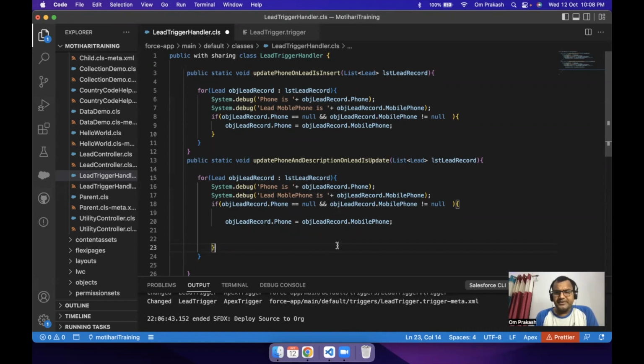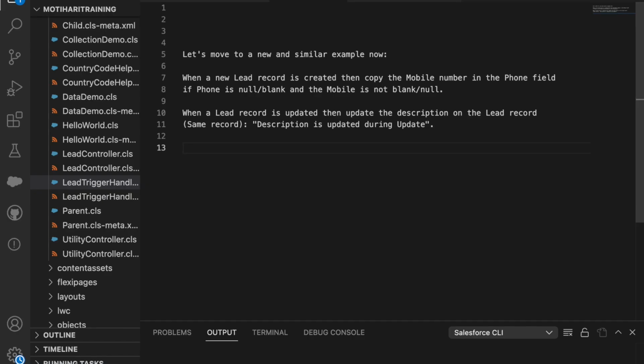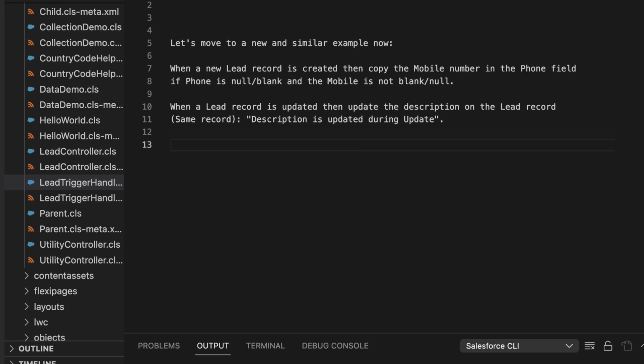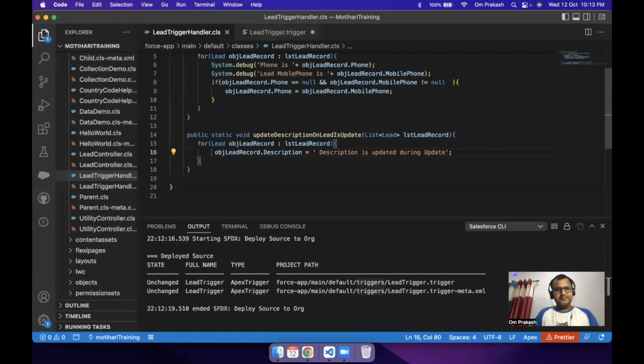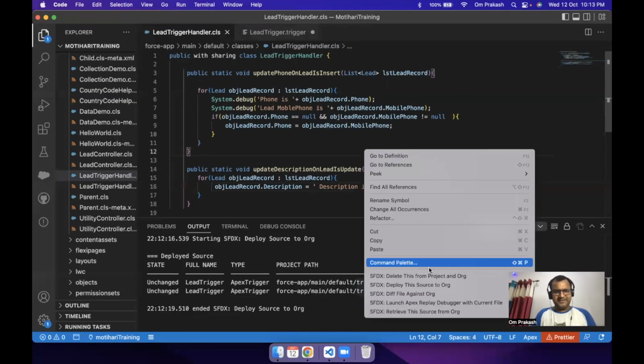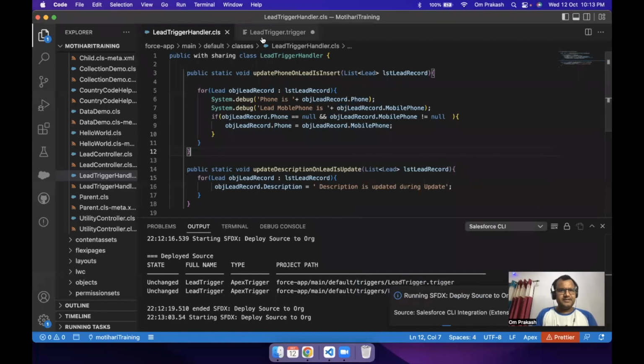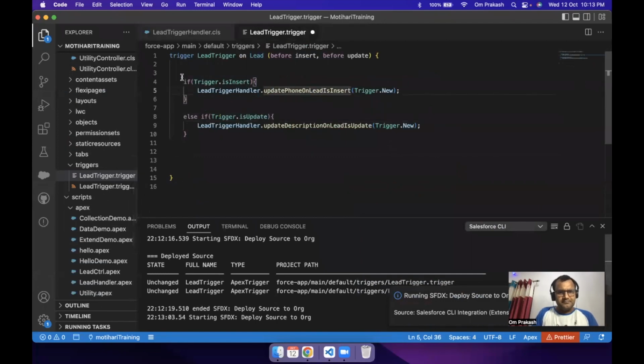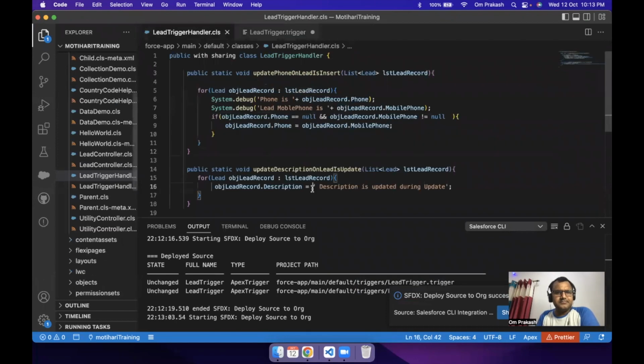So what can we do? It's a very simple example. Now you can visualize, okay, if insert happens, then I need to update the phone number. If update is happening, then I need to update the description. There are two different methods. Okay, update phone and this one. Now